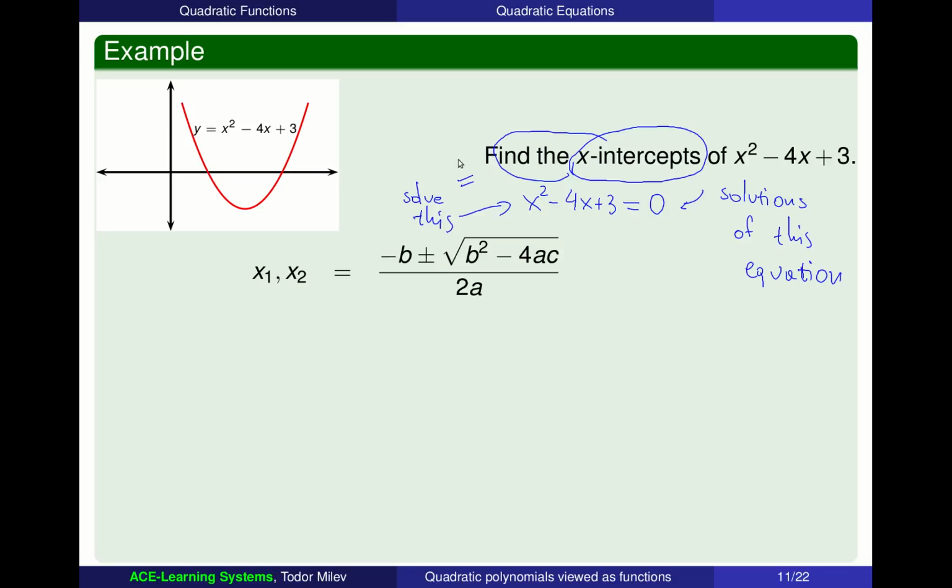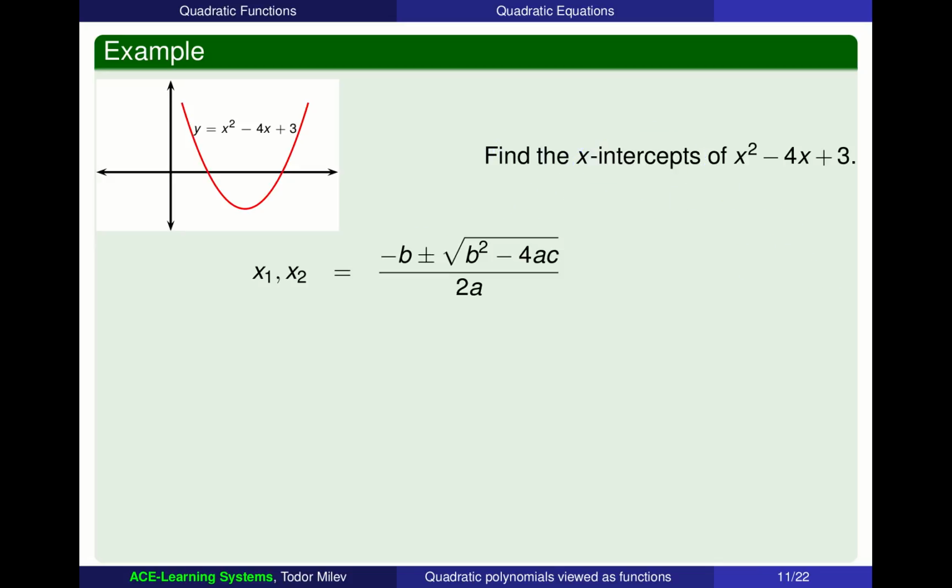Okay? So when you see a problem stated like this, find the x-intercepts, you're in fact asked to solve an equation. So we need to solve this equation, x squared minus 4x plus 3 equal to 0. And we already saw that we have a ready-made formula. There's nothing we need to do in order to solve that quadratic equation except apply the formula. So let's do that. Our two solutions, x1 and x2, are given by the formula minus b plus or minus radical of b squared minus 4ac divided by 2a,